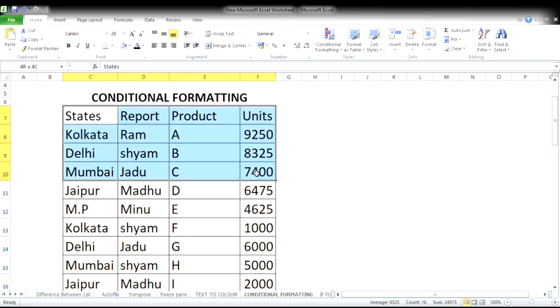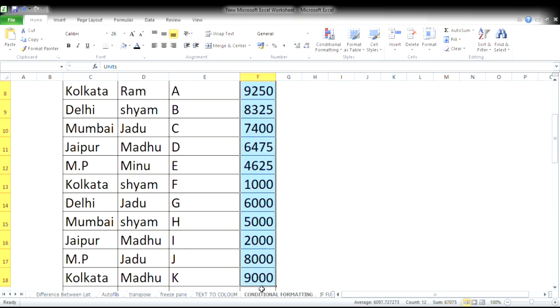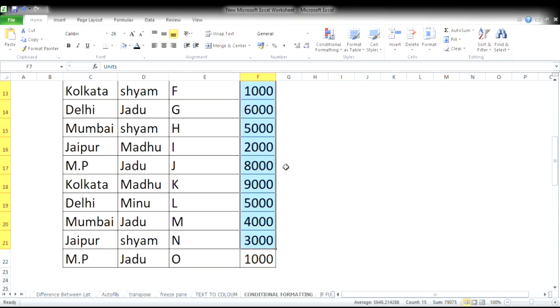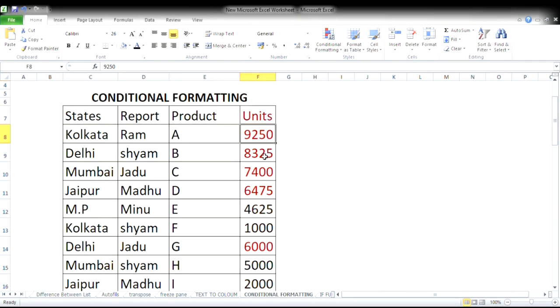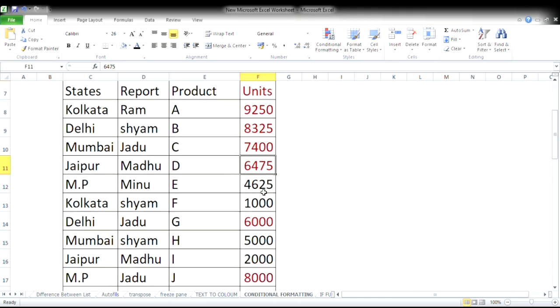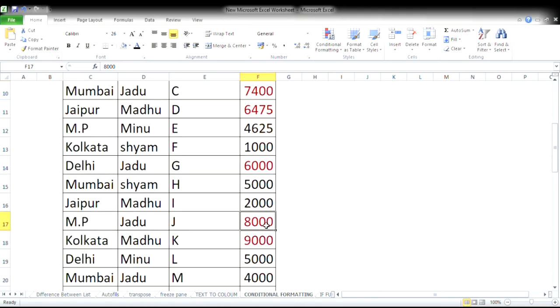Like this is the unit, we will just select it and use conditional formatting, Highlight Cells, Greater Than, make it greater than 5000 amount, and the color you want to select is red. So whatever amount is greater than 5000 is highlighted with red color. Just see.